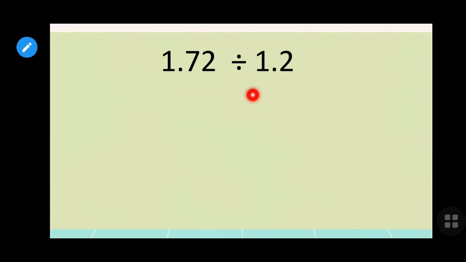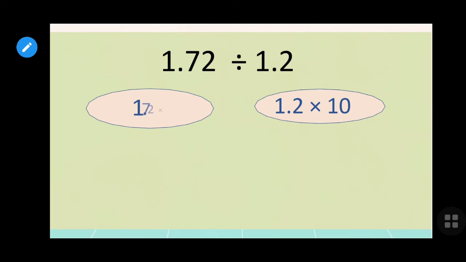sum than the others. See, now we have 1.2 into 10. Why did we multiply it by 10? To make the divisor into a whole number. This has only one decimal place. So to eliminate that, we multiply it by 10 and the same thing has to be done to the dividend. So we multiply it by 10 and we get